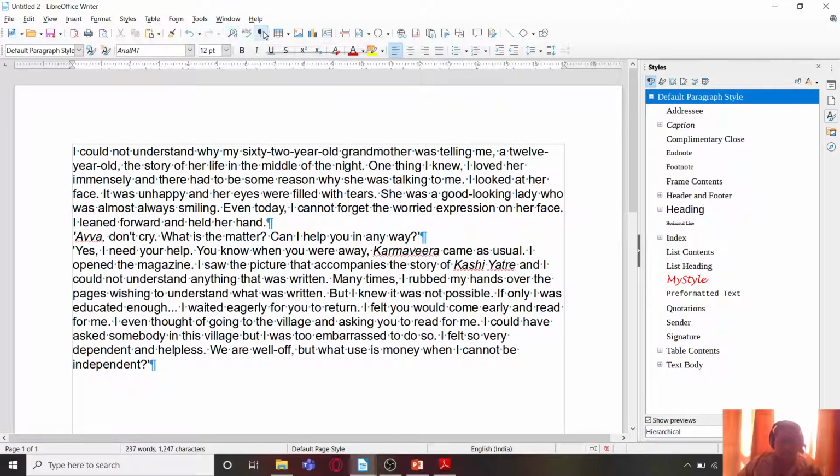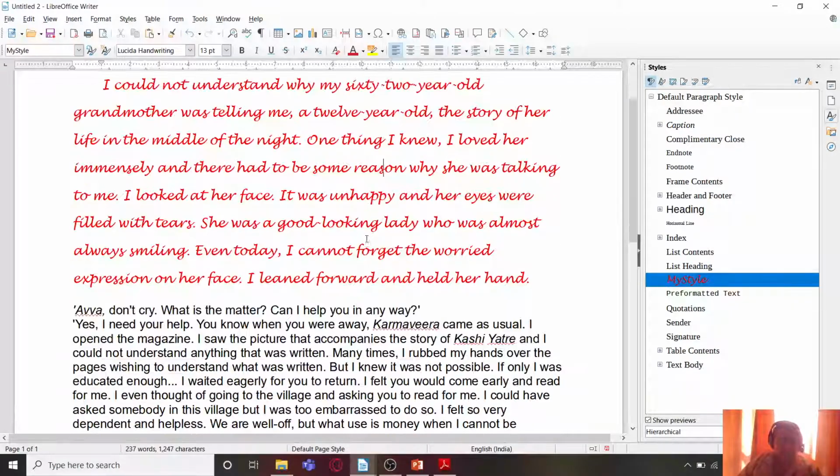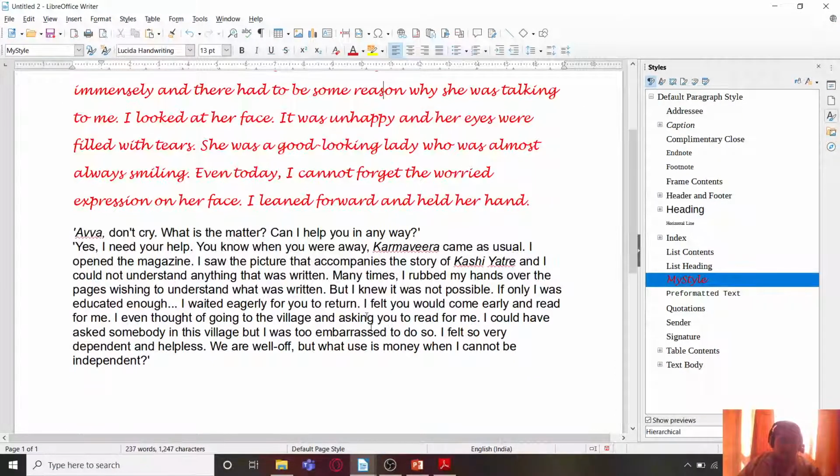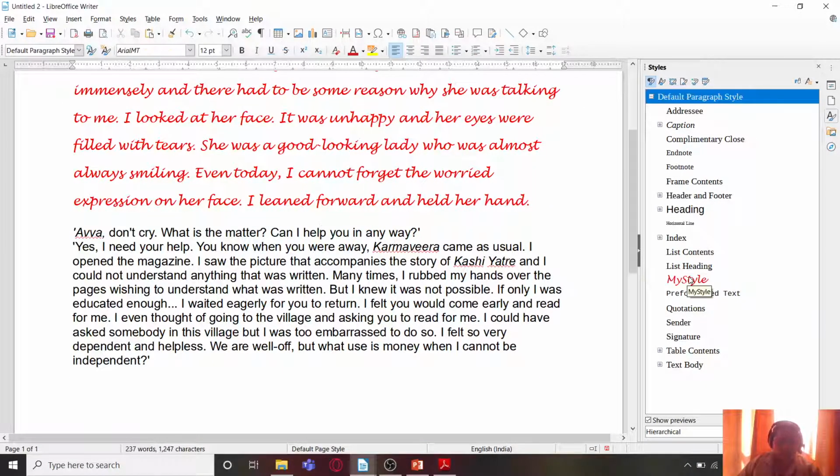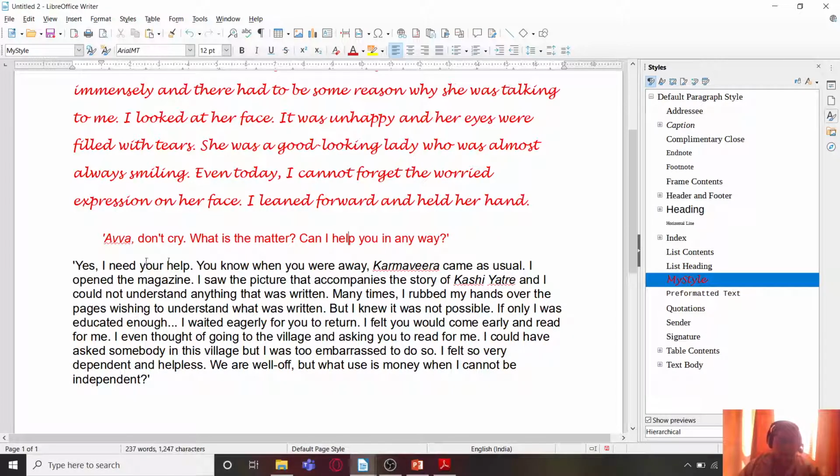So I have exactly three paragraphs over here. Now I'm going to click on the first paragraph, double click on My Style, and you can see that it is applied. I'm clicking on the second paragraph, double clicking on My Style.